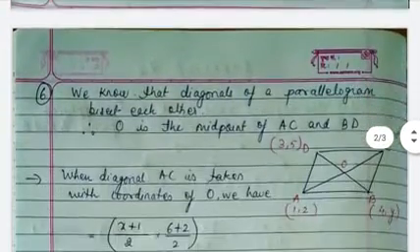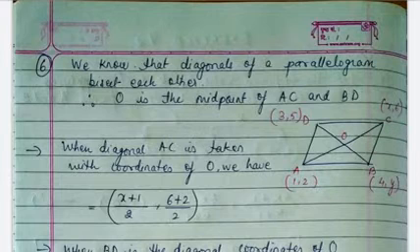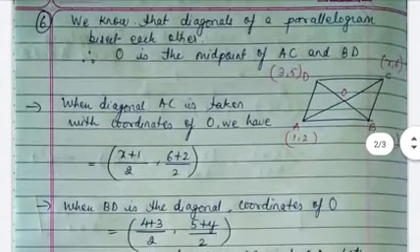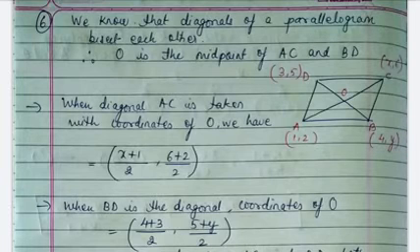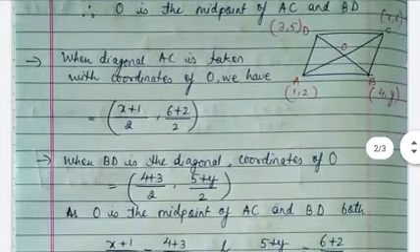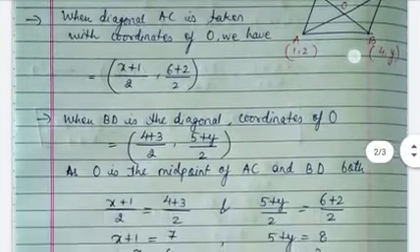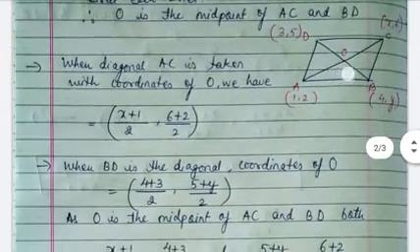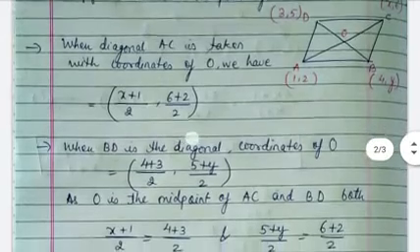Next, question number 6. Question number 6 says, if (1, 2), (4, y), (x, 6) and (3, 5) are the vertices of a parallelogram taken in order, find x, y. These are the vertices of the parallelogram, so I am showing all the coordinates in the parallelogram figure. We know that the diagonals of a parallelogram bisect each other. So O is the midpoint of diagonals AC and BD. Now, when the diagonal AC is considered, the midpoint is O, right? So the coordinates of this point O will be ((x + 1)/2, (6 + 2)/2).